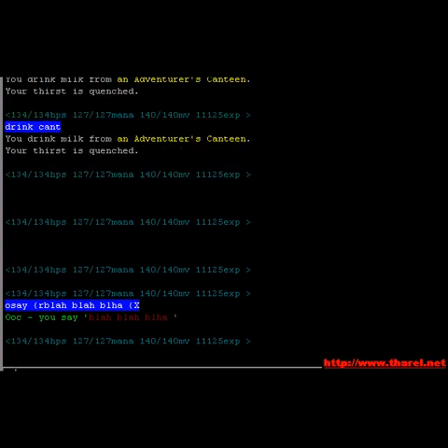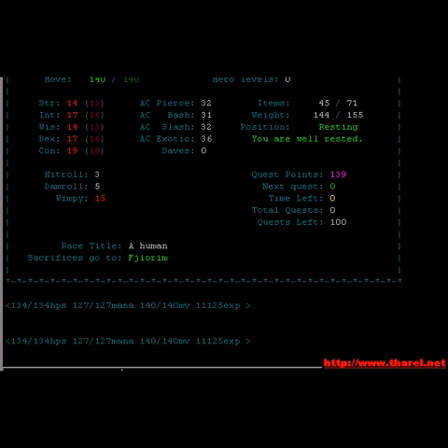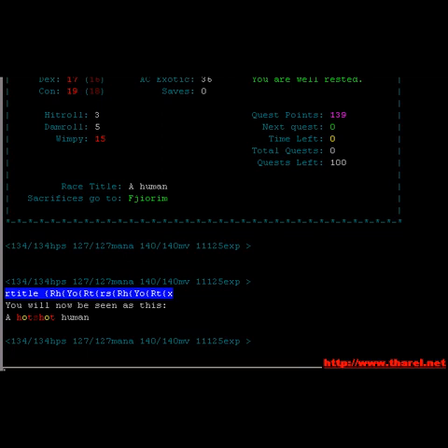Just as a reminder, remember that your race title is what other people see before they greet you. You can see what your race title is set at by typing score and looking at the bottom. Alright, so for her race title, I'm just going to do something a little goofy. And then for her title